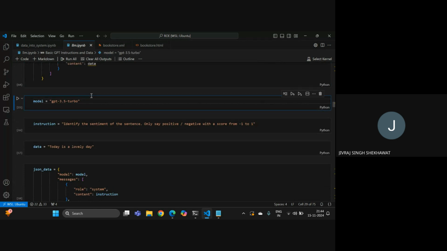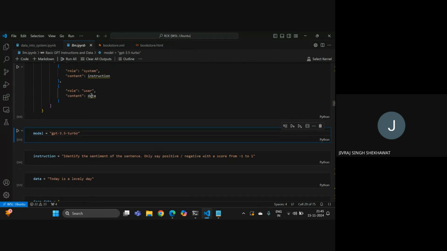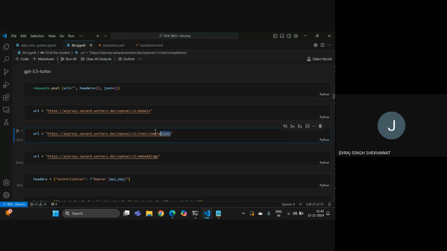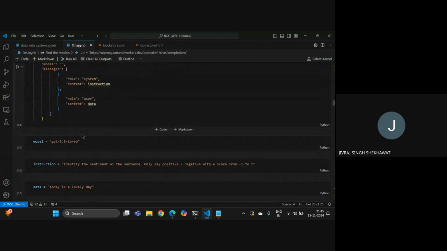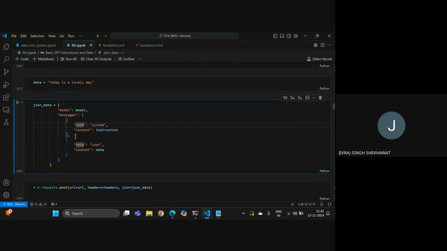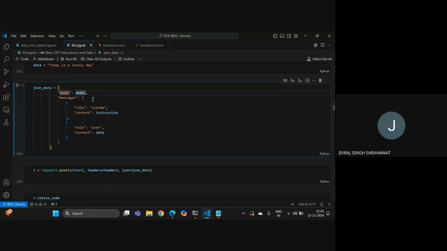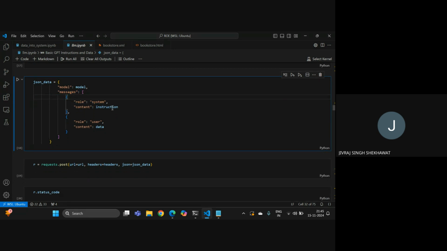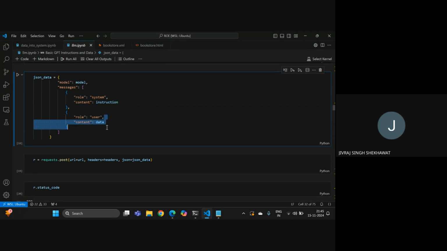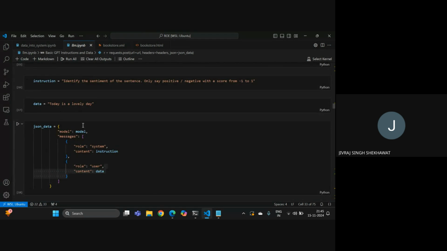So for using the chat completions endpoint, you will need something like this. It will have some model, and then you will need to pass some messages, and then you can pass the instruction, and then you can also pass the data. For example, if you want to get the sentiment for "today is lovely day",